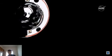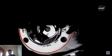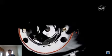And we are just 5 meters away. Again, we're racing that sunset. This Dragon continues to close, 4 meters to go. Those shadows of the space station on the...